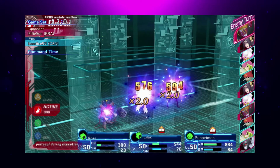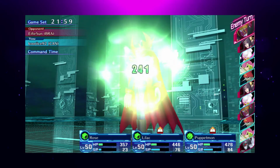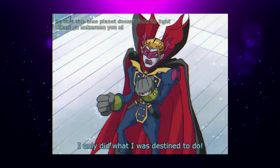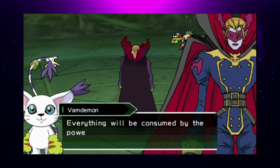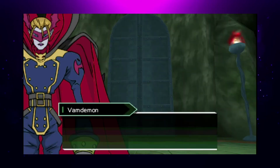Now, a large part of his characterization is his arrogance and sense of entitlement. In the original Digimon Adventure anime, he intends to rule over the real world simply because he believes he deserved to do exactly that. This is a rather cliched take on the villainous role, but he does it pretty convincingly. And as a villain, Myotismon's turn to antagonize the Digidestined made for one of the best story arcs in the franchise's history. With a total of 18 episodes, he also had the longest run as a villain in the original